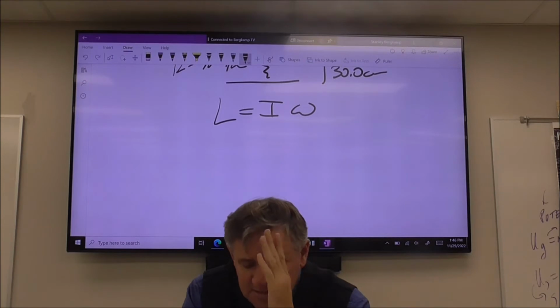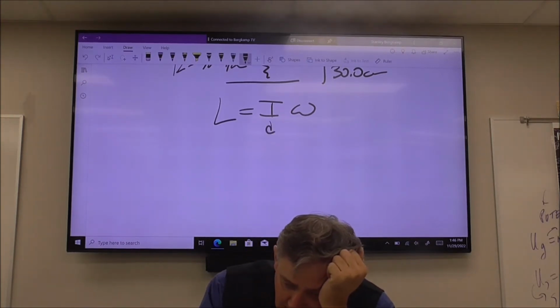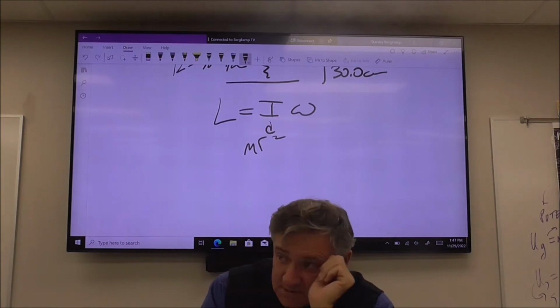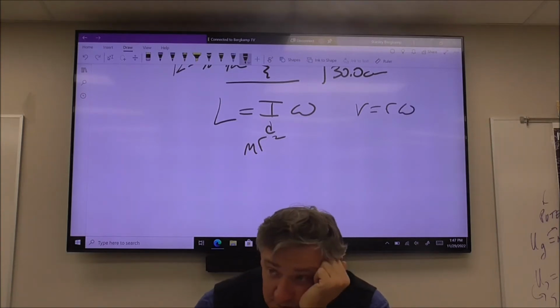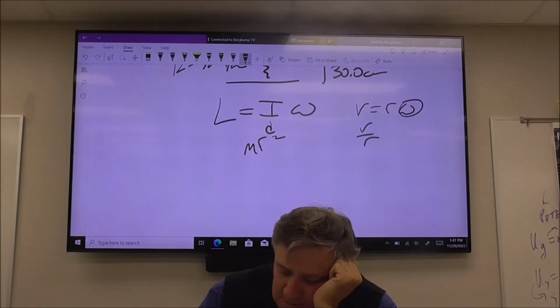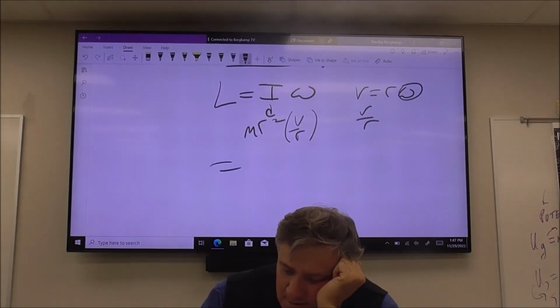Now, here's the basic idea. This is just a broad idea. Any I, as a general idea, is mr squared, right? Cool with this, mr squared. Now, you also know that V equals R omega. True? Old school. V equals R omega. So if I solve for omega, I get V over R. So if I substitute V over R into here, I lose one of the R's, so I get